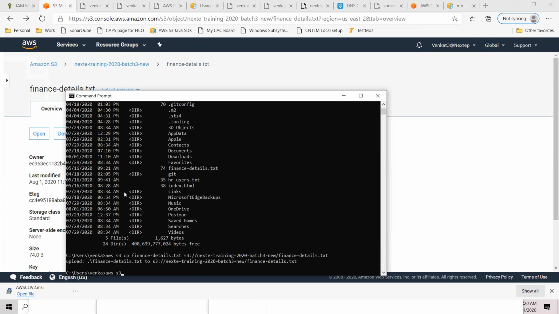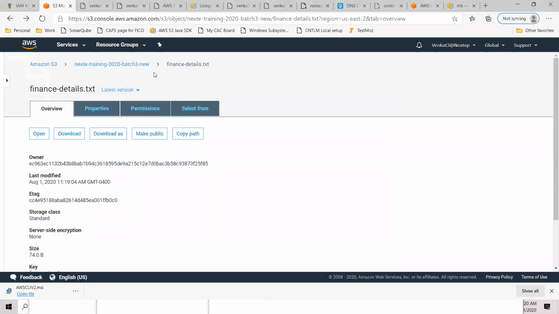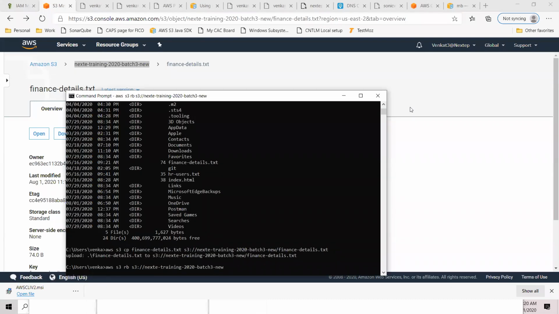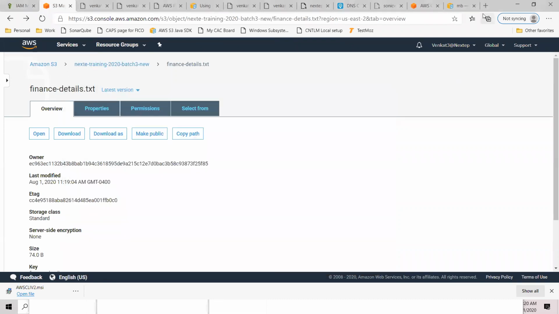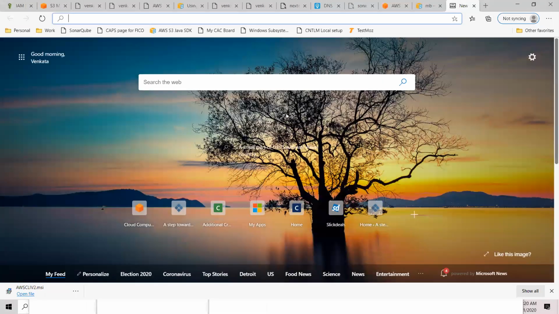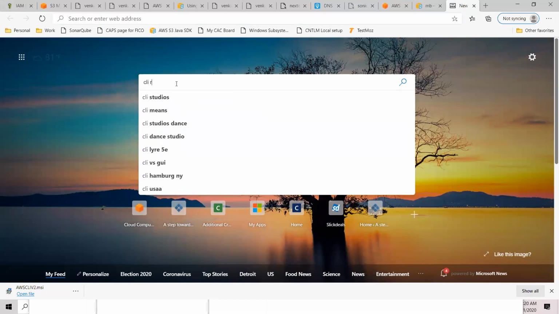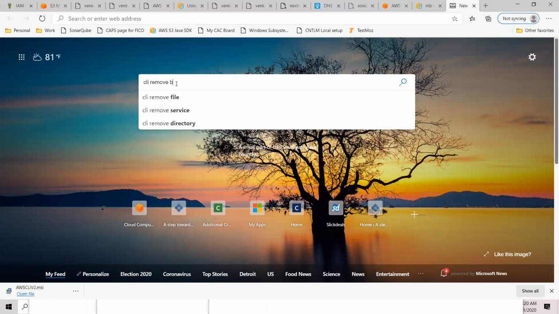AWS S3 remove bucket S3:// and then this is my bucket name. It's not empty. Probably it will tell me it's not empty. The bucket is not empty, and I can do a force. You can Google it. Okay, CLI remove bucket force. CLI remove bucket.